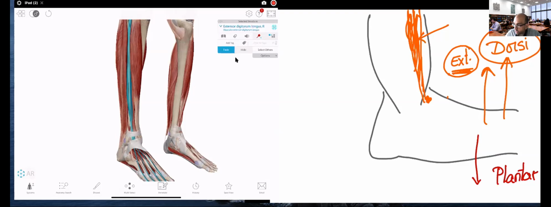Putting this into consideration, it's going to be considered an extensor. So question here, dorsiflexion wouldn't pointing your toes